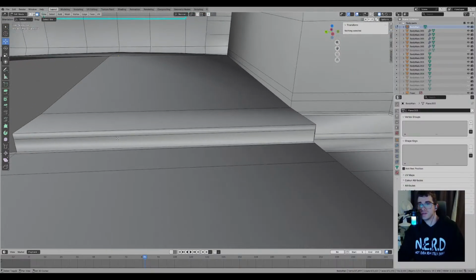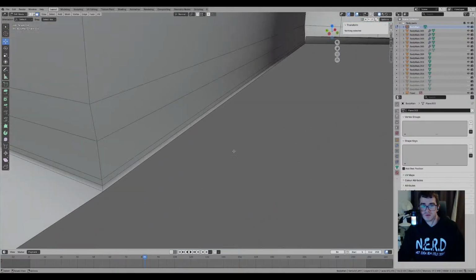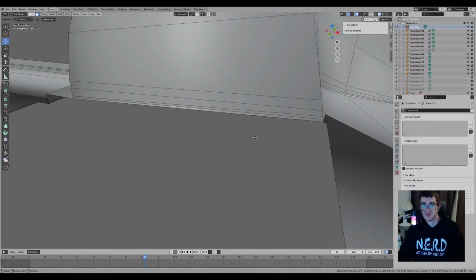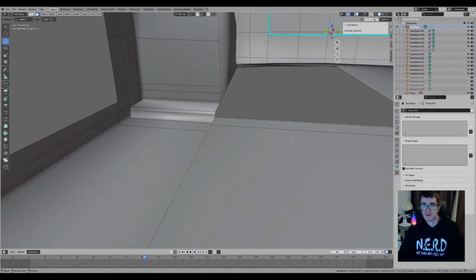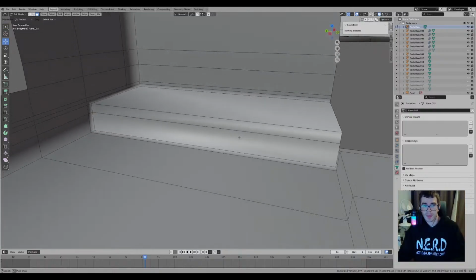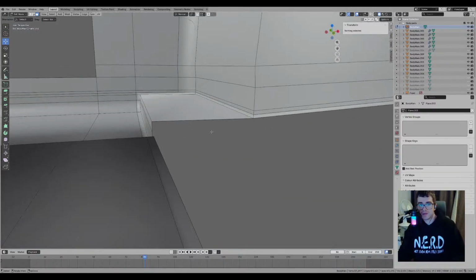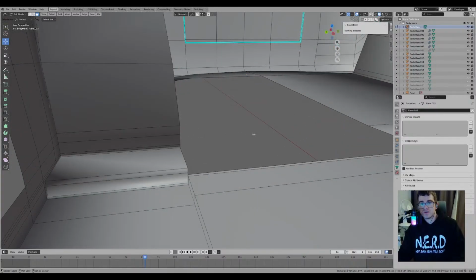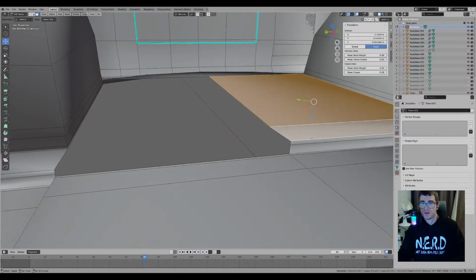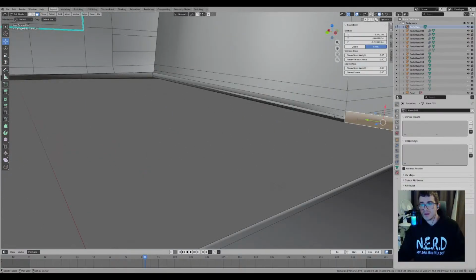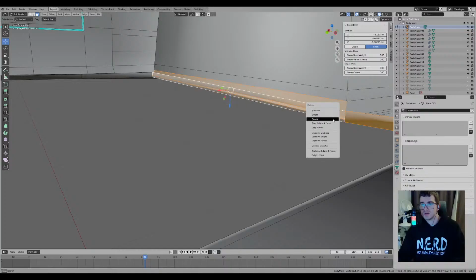Gotta do the same on this side, I guess. So yeah, something we could have potentially spotted if we'd been looking for the, what's it called, thing, well, before we had the mirror modifier off. But